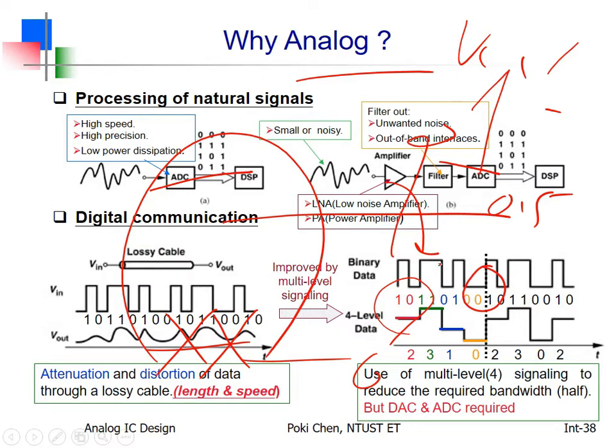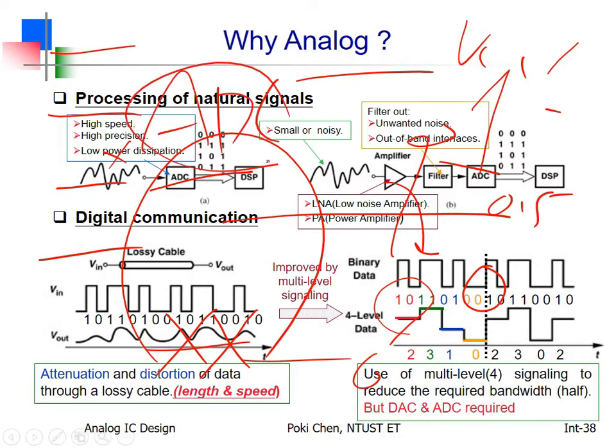But right now, you need to be very careful. You have 4 levels. So if your input signal is here, how much is the content? How can you know that? By your eyes? No. By your circuit. By your analog circuit instead of digital circuit. We need the help of what? ADC. You need to make decision.